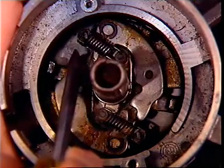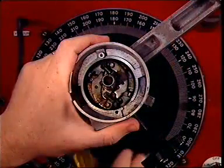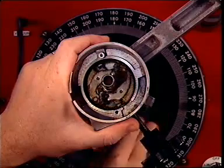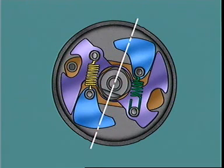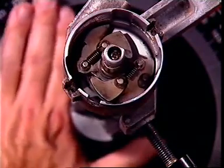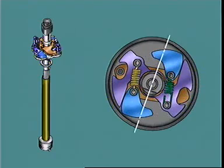The speed-sensitive mechanism is a centrifugal type, which is located beneath the distributor base plate and rotates with the distributor cam. As engine speed rises, the flyweights on the advance mechanism are thrown outward by centrifugal force. Since the cam is able to pivot on the distributor shaft, the weights act against their springs and move the